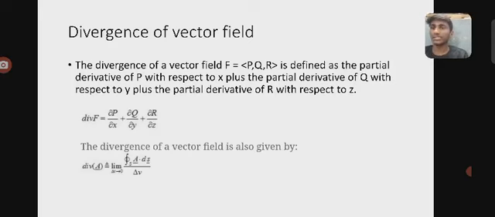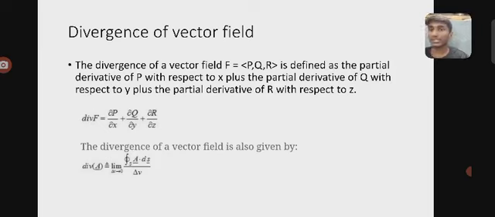The divergence of a vector field F = (P, Q, R) is defined as the partial derivative of P with respect to x, plus the partial derivative of Q with respect to y, and lastly the partial derivative of R with respect to z. So the divergence of a vector field F is denoted by ∂P/∂x + ∂Q/∂y + ∂R/∂z. Each component in each direction is differentiated by its directional component, and the divergence of a vector is given by